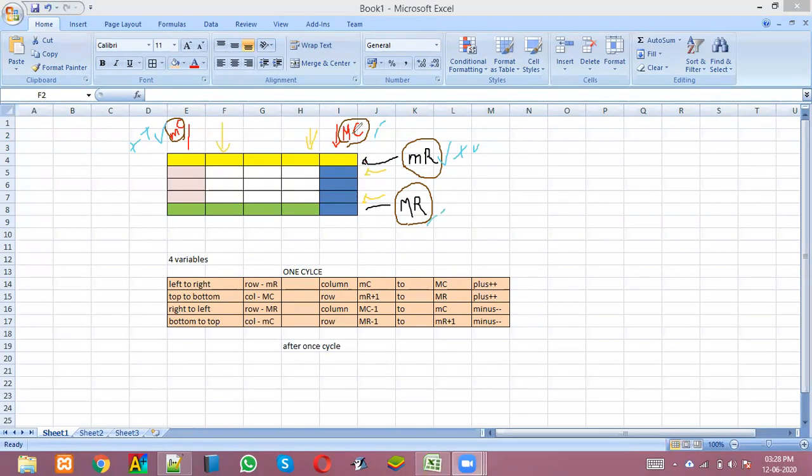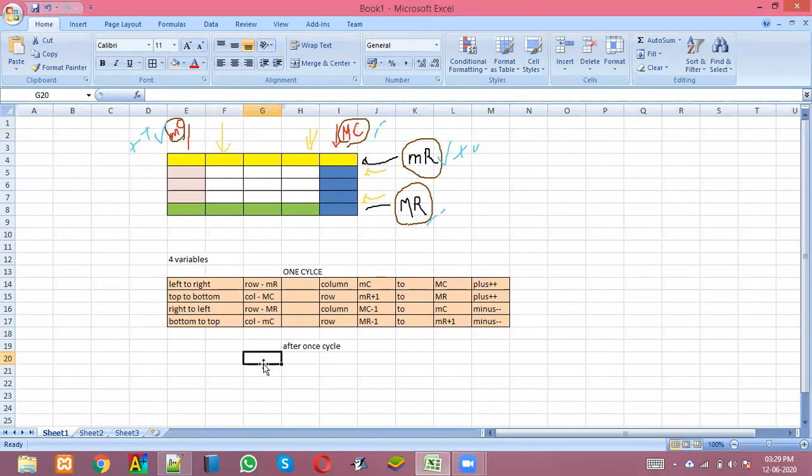So after one cycle, we'll do MC plus plus, MR plus plus, and MC minus minus, MR minus minus. Then it will become part of the next cycles. Okay, so I think it's very clear.